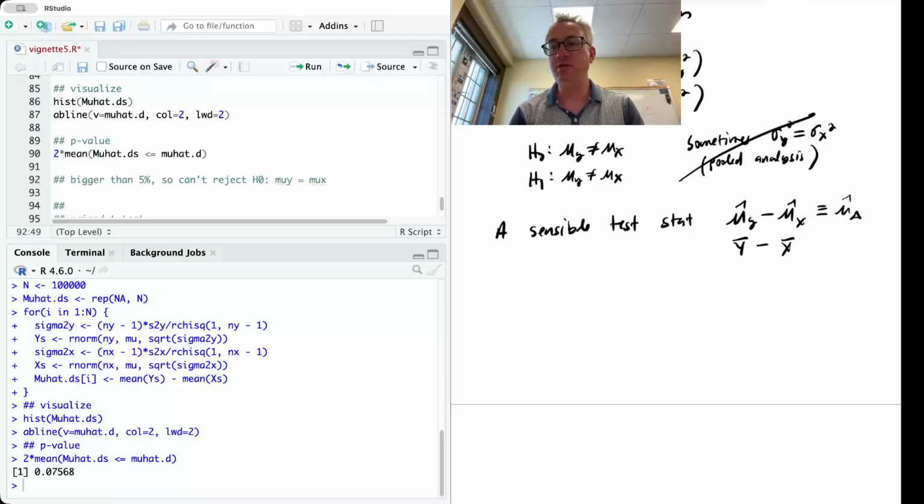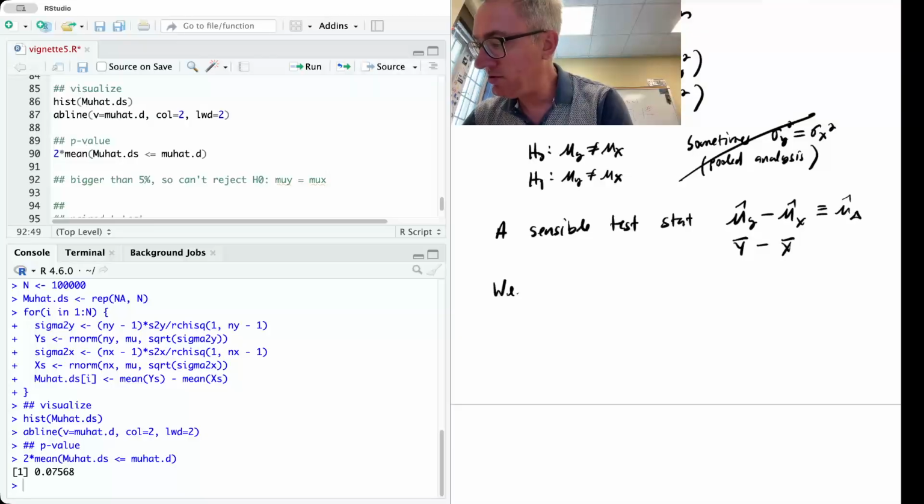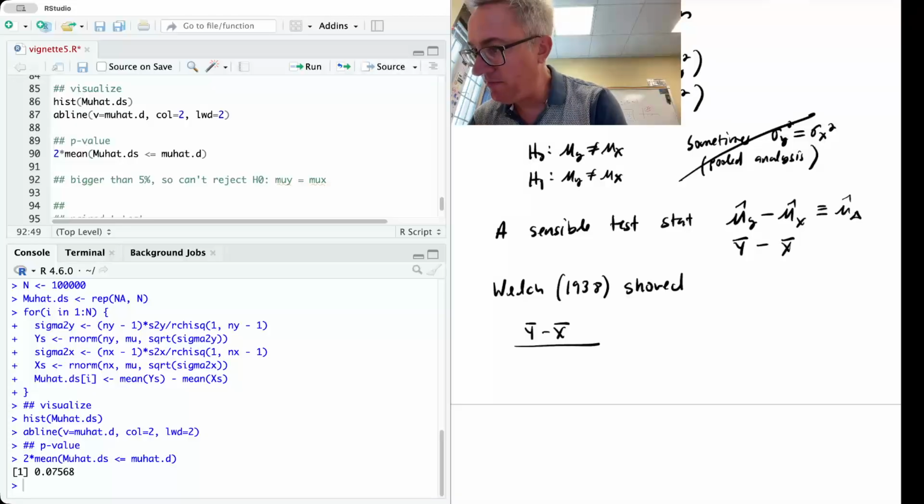There's a lot more detail on this story in the book, but I'm just going to summarize for you here that Welch, so this is known as the Welch test, or a two-sample t-test, in 1938 showed that the difference in y bar and x bar, so y bar minus x bar, divided by their standard errors,